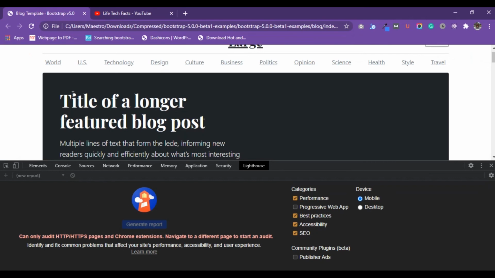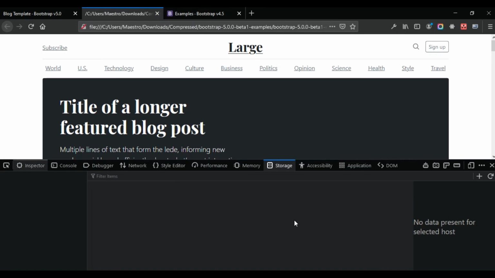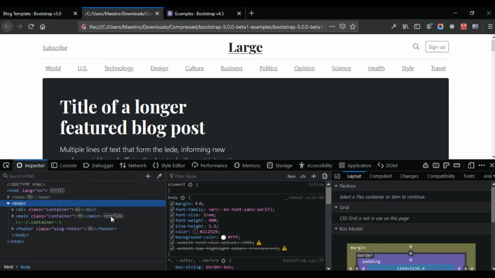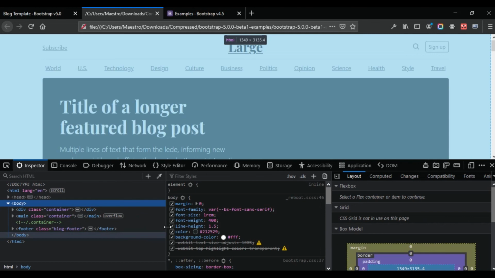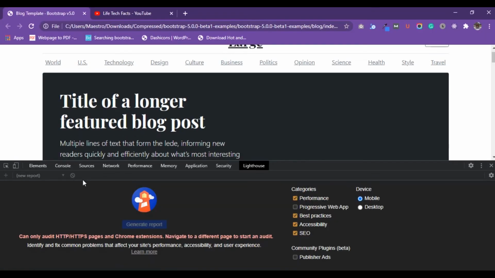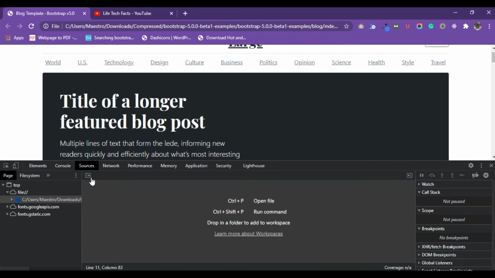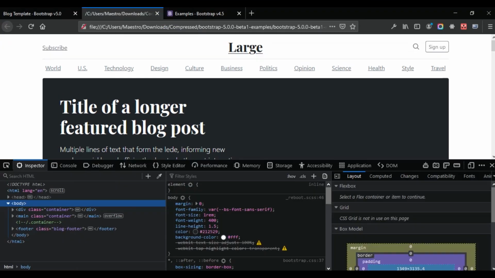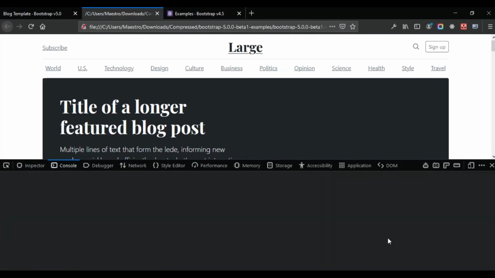So that is just the overview of everything we have in Google Chrome and Mozilla Firefox. For various reasons, I prefer using Mozilla Firefox, but for some reasons you might also want to use Google Chrome, maybe such as the sources. For example, if we go fully into the sources, you can see that it can be very handy. And another reason you might think of using Mozilla Firefox is, oh, I can have this console and use the multi-line